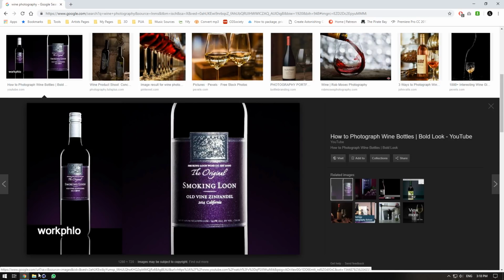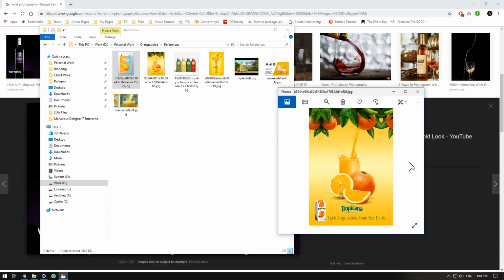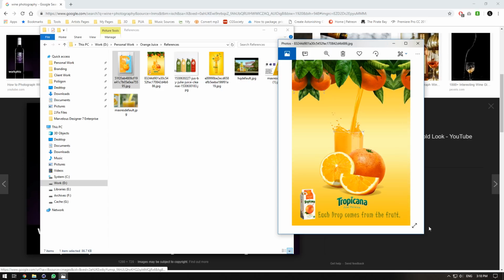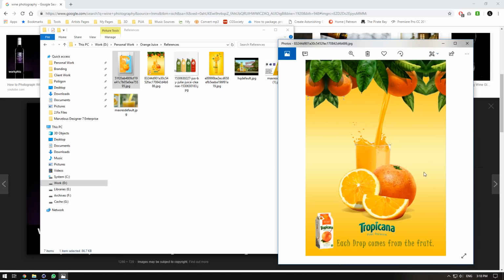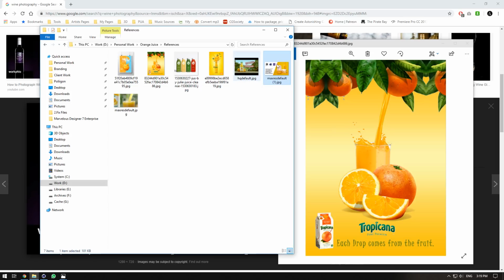But then if I go the orange juice route, we have something that's a bit more different, but it's also very basic. So I was thinking of having something like this with like a glass and liquid coming in, and then maybe putting a can at the front. So I'll maybe take one of these cans, put that in the center, and have liquid like this in the background, and then import an orange. But I feel like that will be quite boring, and there's not that much interesting going on